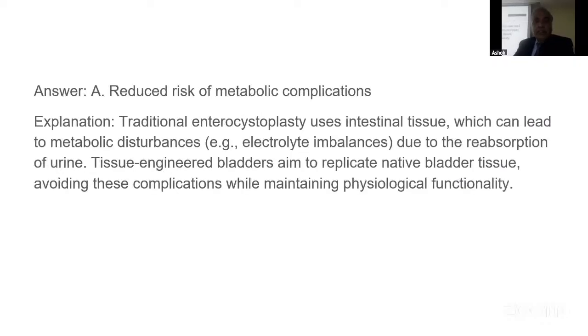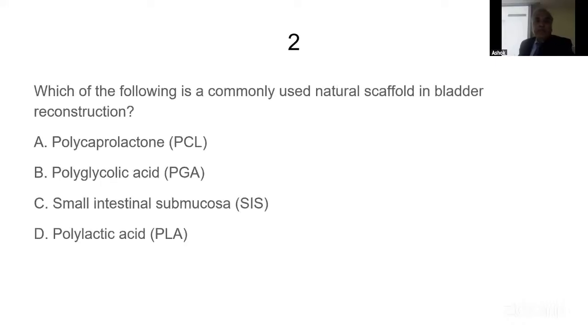So traditional enterocystoplasty uses intestinal segments, which can lead to metabolic disturbances due to reabsorption of urine. A tissue-engineered bladder aims to replicate native bladder tissue, avoiding these complications. Which of the following is a commonly used natural scaffold in bladder reconstruction? PCL, PGA, SIS, PLA. So, as I said, the scaffolds could be either natural, they can be derived from